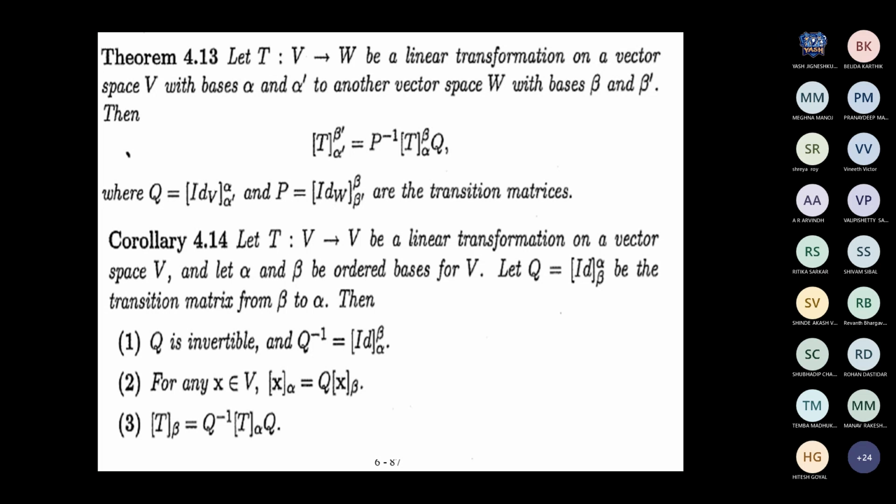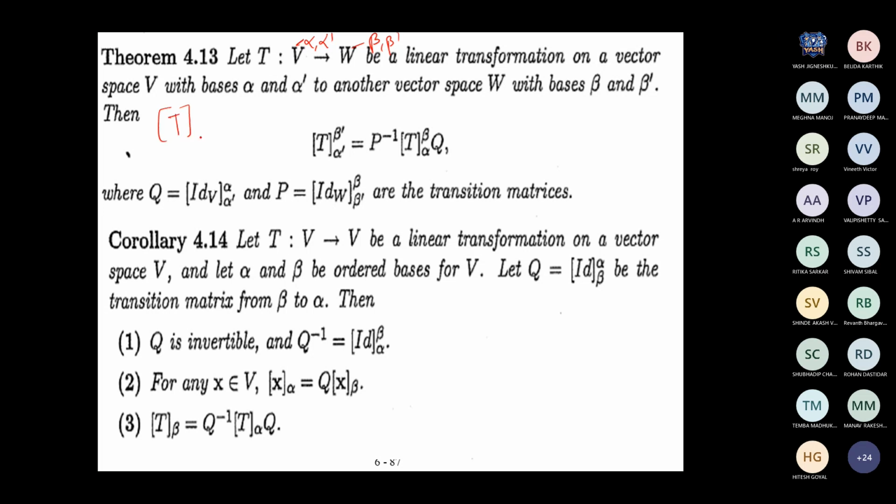See, just don't get confused. These are all just a theorem statement alone. You have to remember. See, T is a linear transformation from V to W, two different vector spaces. All right. For V, you have two bases, alpha and alpha dash. So for W also, you have two bases, that is beta and beta dash, right? Then